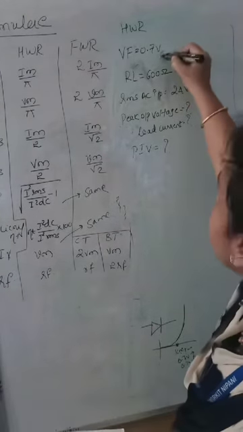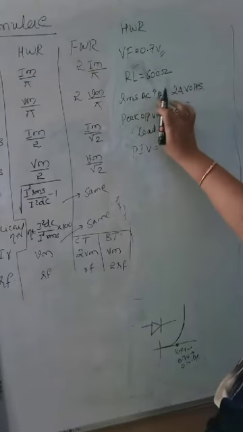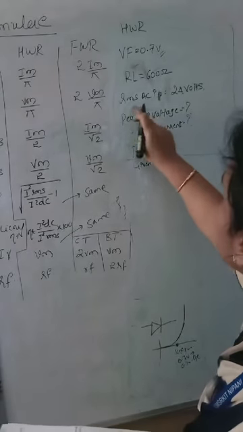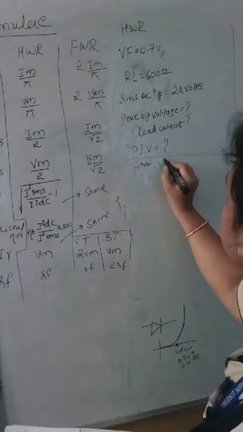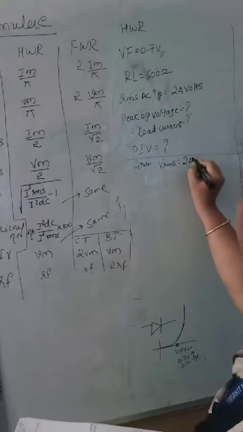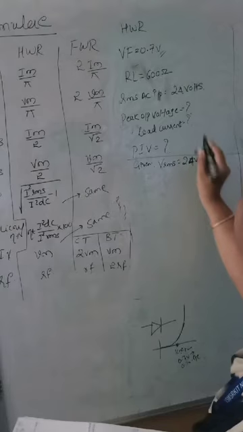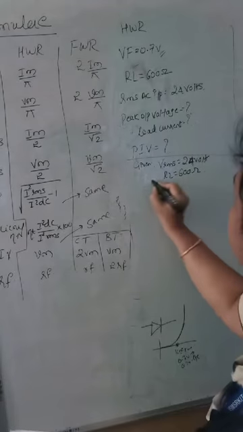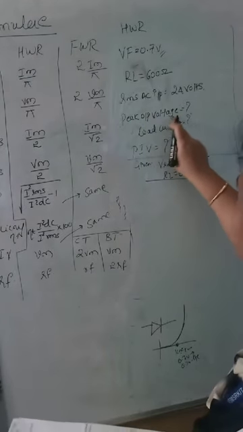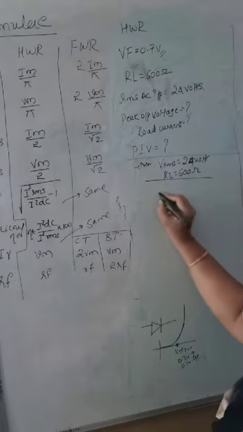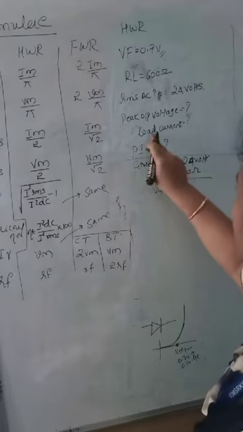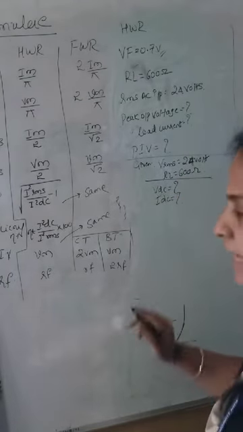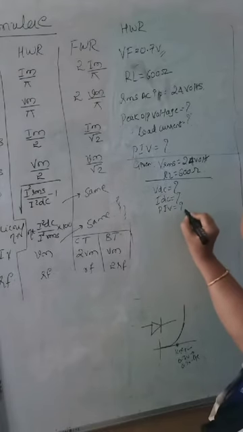Now RL is 600 ohms. The RMS AC input they have given is 24 volts, that is the VRMS value. These are the given parameters. We need to find the peak output voltage, the voltage at the output side, which is VDC, then the load current IDC, then the PIV, the peak inverse voltage.